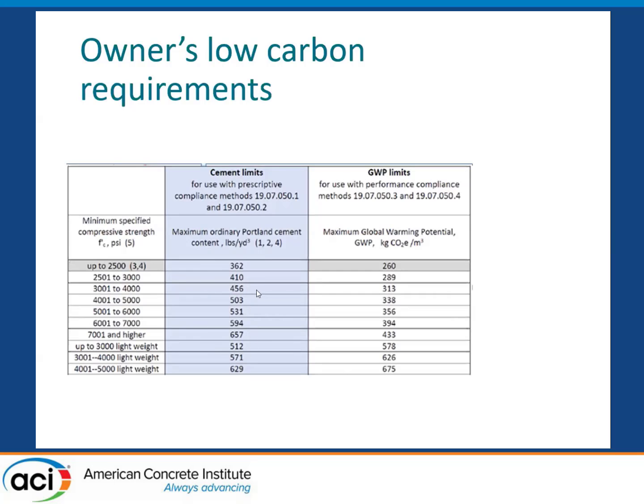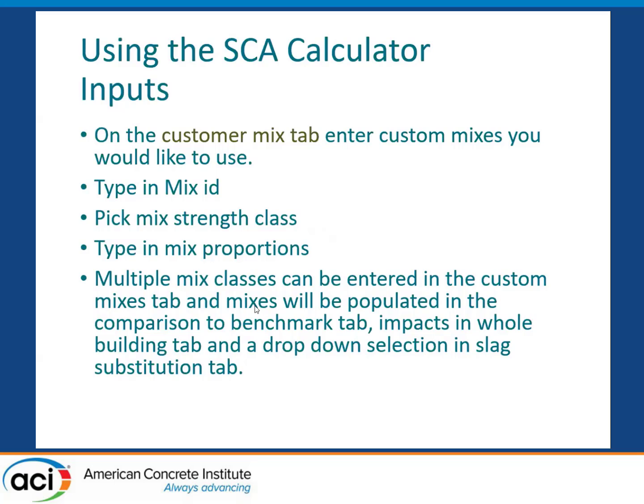And in some cases, we may be able to reduce the amount of cement or increase the amount of cement depending on the volumes of what we're looking at or the application that's going on. So that's why it's better to use a calculator and compare it to the industry benchmark information to try to reduce these numbers. Using the LCA SCA calculator, what we're going to show and go through right now is